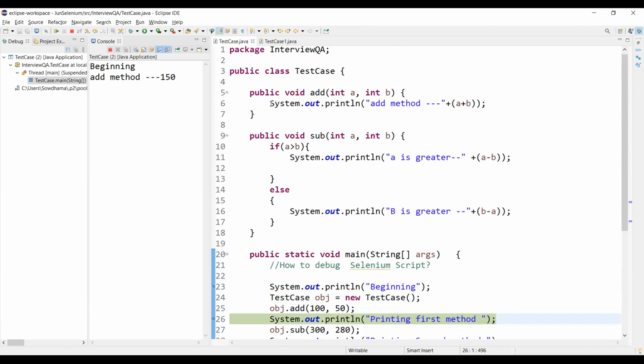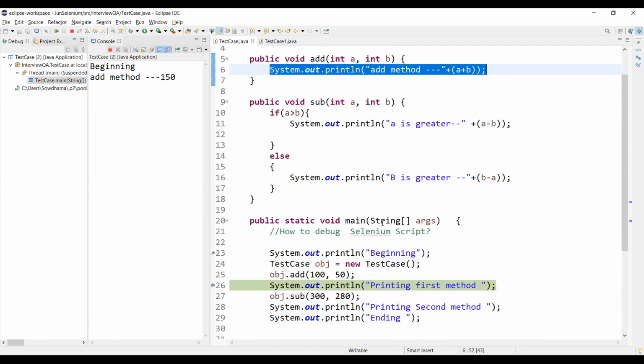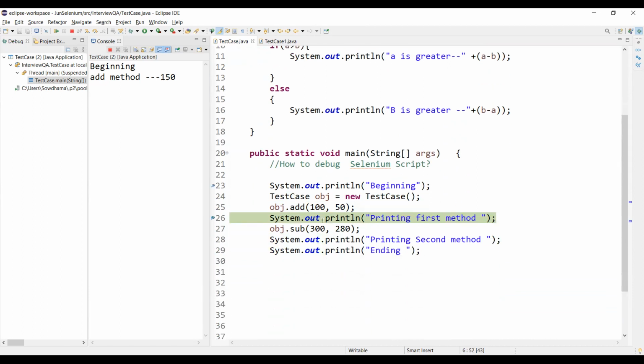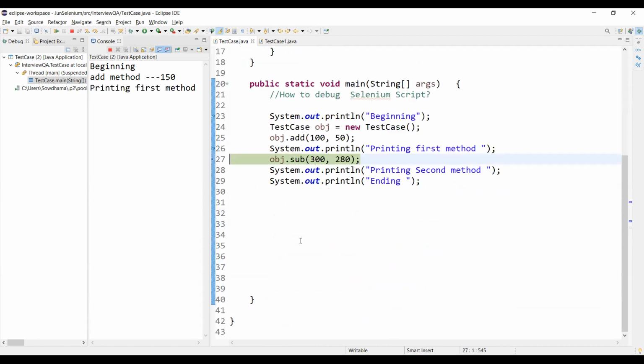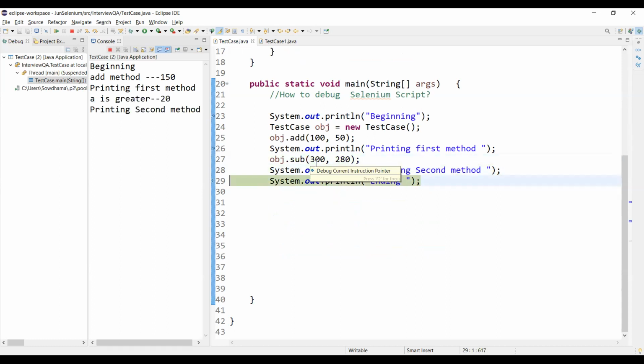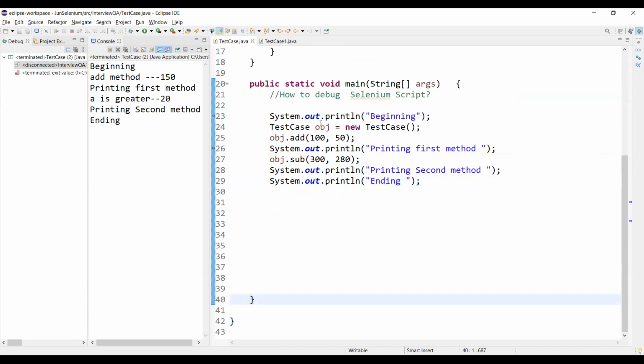If I click F6 again, it prints from the first method, then moves on to the next method. Click F6 again and it goes to the next line. Now we can see how it executes line by line. Click F6. That's it. This is the way we validate by debugging, in case an error is there.